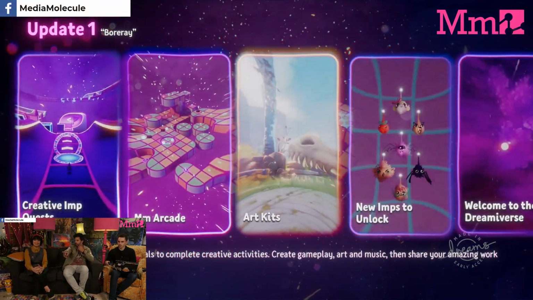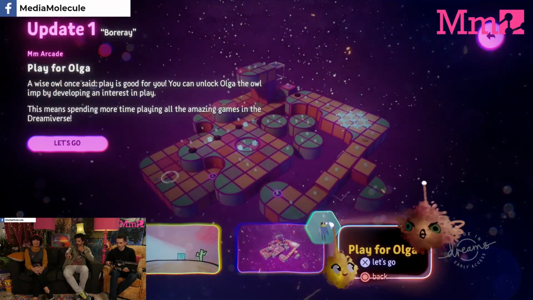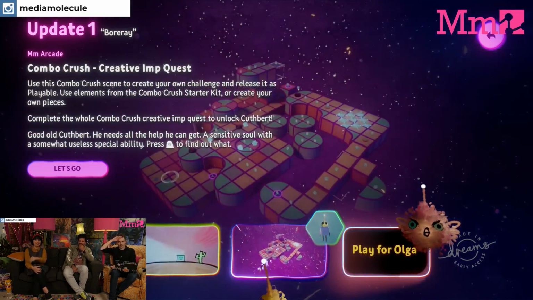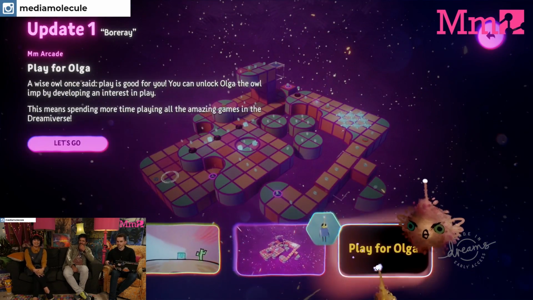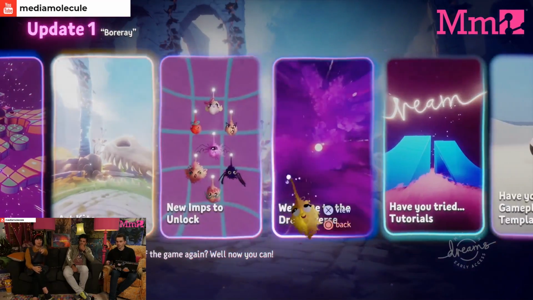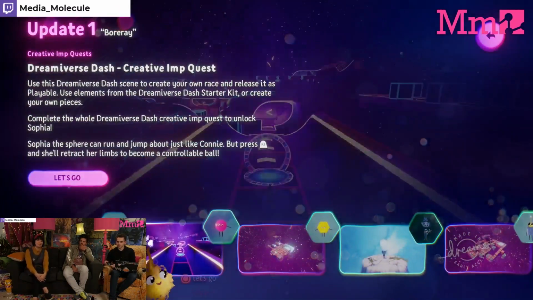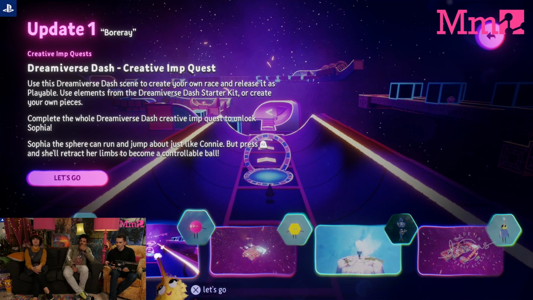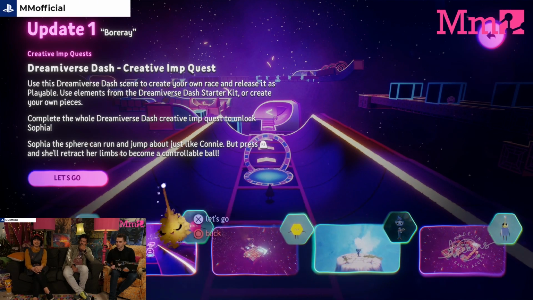And do you get something? I see something in the corner. Yeah, character. So you get Cuthbert from doing the Combo Crush one. Okay. Nice. And he's really cool. And then actually, if you go to the other ones, there are more creative inquests over there. There are more characters. Nice. And there's five characters in total that we're giving away with these,